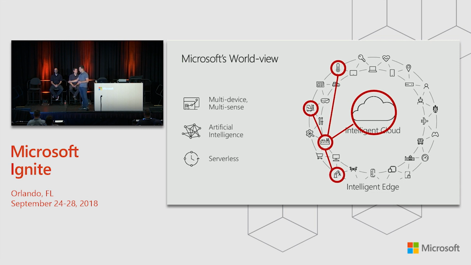But then it can go to the cloud for things like AI. When do new parts need to be ordered before that robot runs out of things to do? Those things can be analyzed, take a little more time, and take advantage of what's in the cloud, and don't worry as much about the latency.